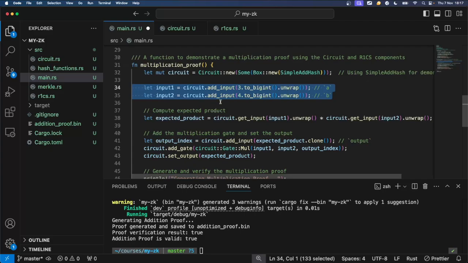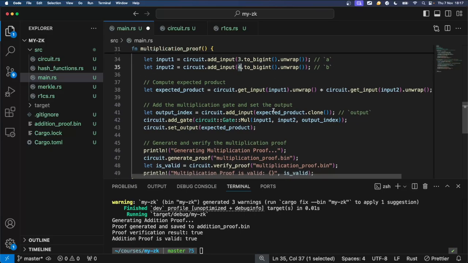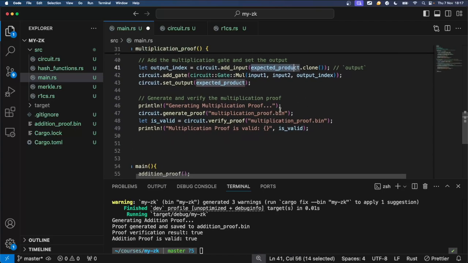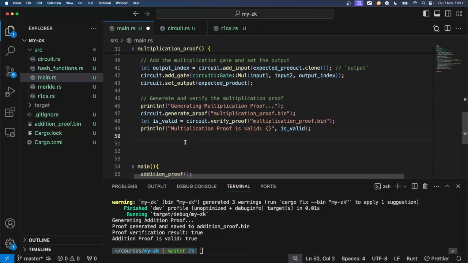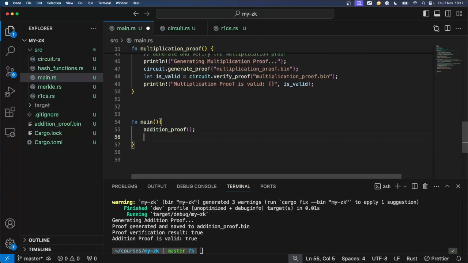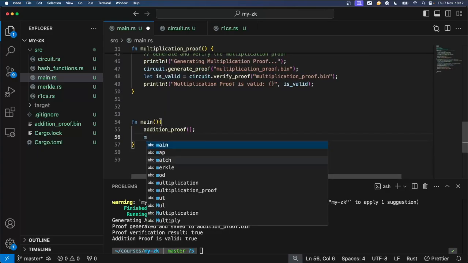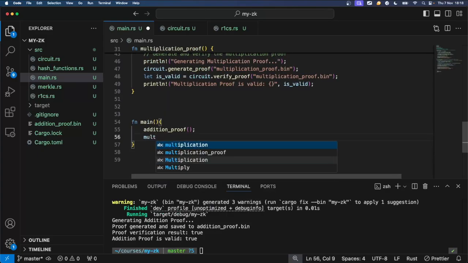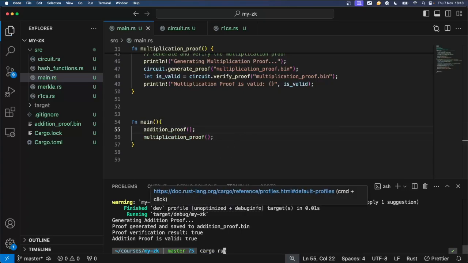In this case it's 3 times 4, and we have the expected product here, and again we're going to generate and verify the proof. Let's run it as well. Let's call it multiplication proof right here. Let's run it again and see if it works,